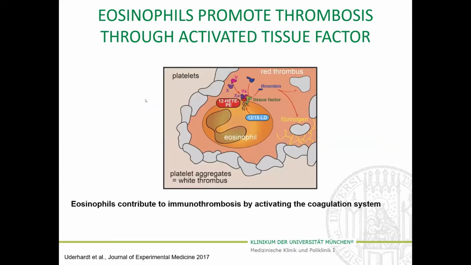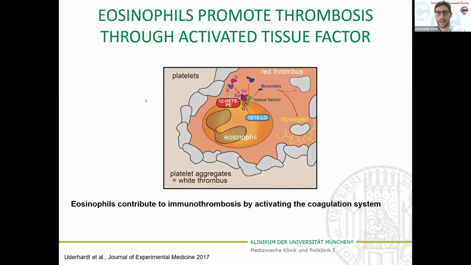So how do eosinophils contribute to these diseases? Obviously, we've heard that they are involved in adipose tissue homeostasis. This could be one factor, which is not really well investigated, but it is known that eosinophils have a very strong pro-coagulant and pro-thrombotic effect. It's known for a long time that eosinophils are a main source of tissue factor in the blood, and tissue factor is the main activator of the coagulation cascade, triggering then the formation of fibrin, which then leads